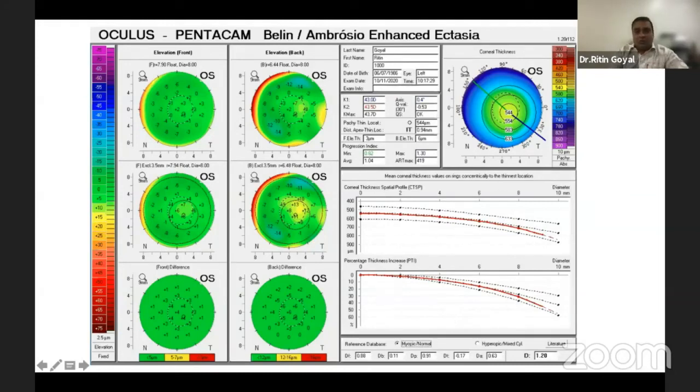So what is normal for the Belin-Ambrosio ectasia display? Belin and Ambrosio had very smartly done something where they had taken up 2000 patients